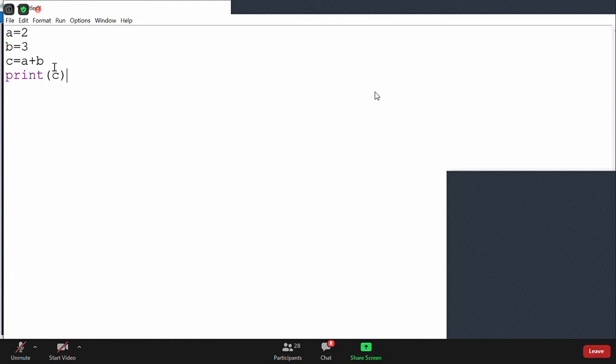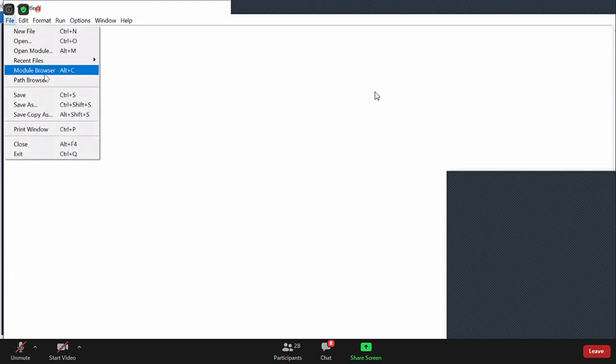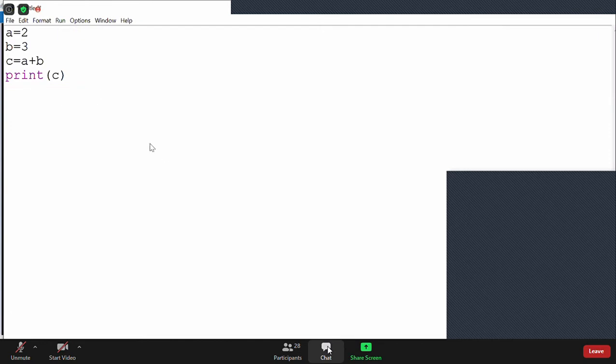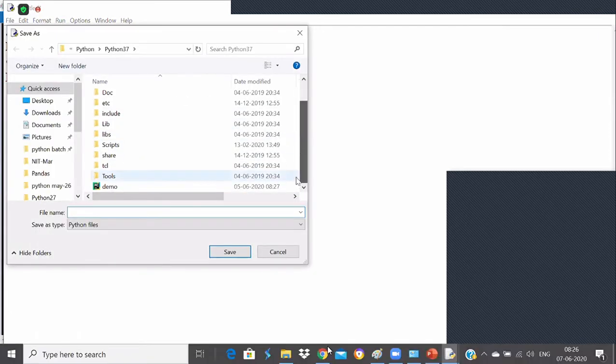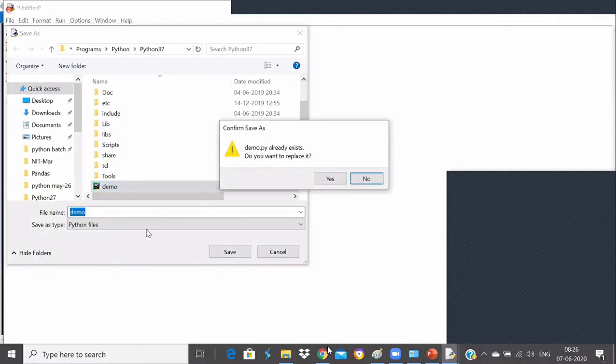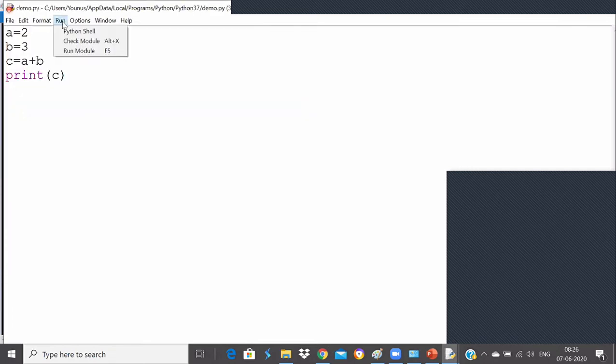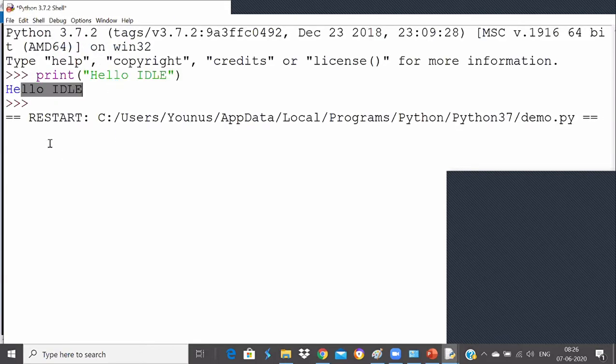Now I will just save this file first of all. I'll say save. You can save it wherever you want. I'll save in the current location. Yes, it says already exists. I will run this or press F5. When you click on run module, it will run and give you the output here. So for big programs, the shell is not good. So this IDLE also provides you the editor so that you can write the code and run the code and see the output here. So this is a little more flexible, a little more comfortable for beginners. So I will recommend going this way.